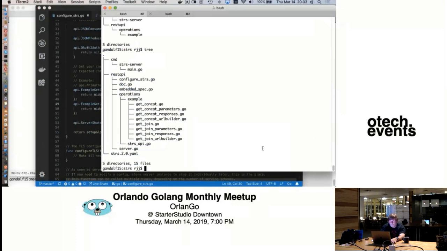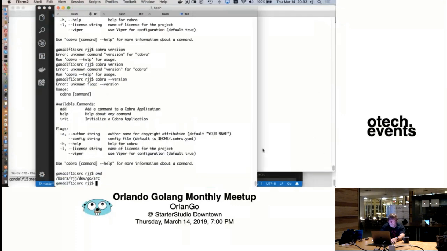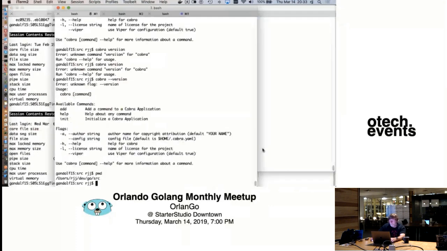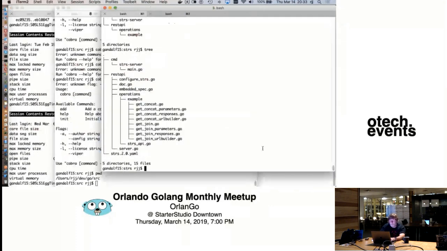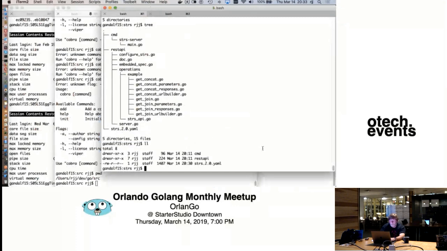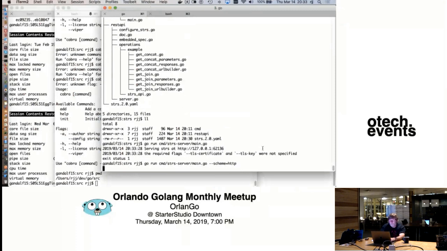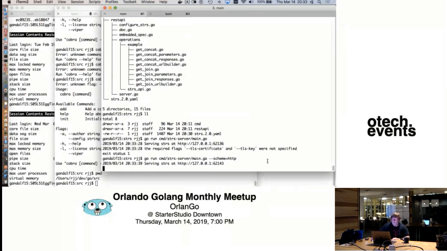If I can find the command window that I did it in. Oh, right there. Okay, thank you. And it's go run command string server go, and it's going to complain because I forgot what dash d equal HTTP. Okay, so now we're at